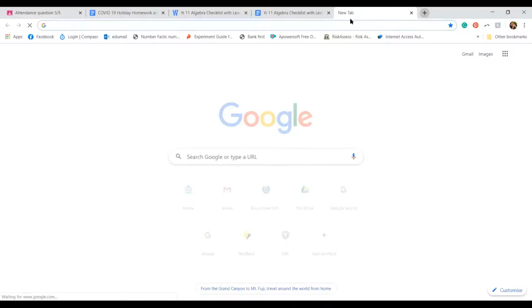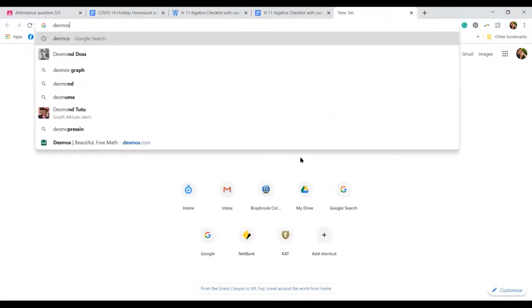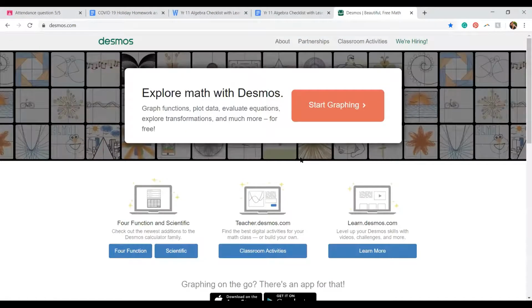And I would like you to type in desmos.com. You can write it at the top or the bottom. It doesn't really bother me. Desmos.com. That's spelled D-E-S-M-O-S. I'm going to give you guys a second just to catch up. So open up a new tab. If your internet's a bit laggy and you can't do both at the same time, then just watch me and you can do this later on. But yeah, this is where we're going to go. Once you've done, I'm going to give you guys a second to make sure everyone gets up to this point.